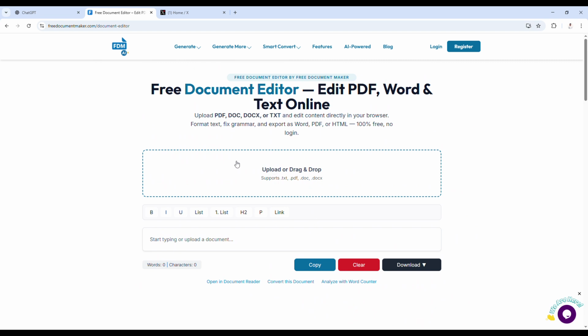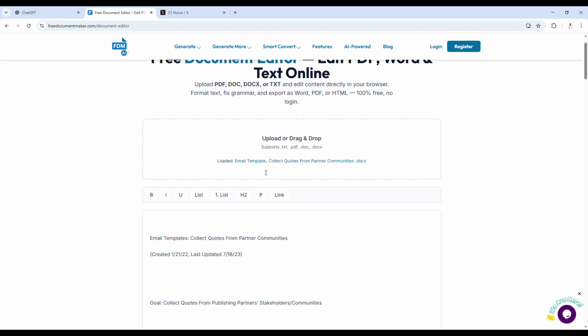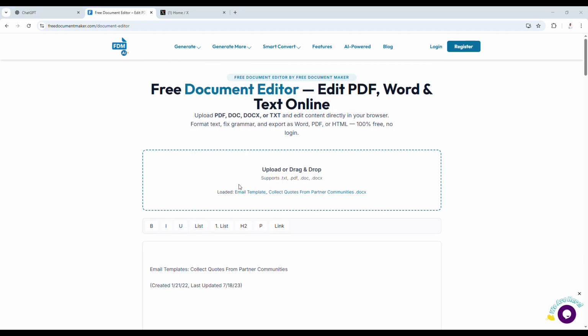The platform emphasizes user privacy by not requiring sign-up or tracking, and it operates entirely within the browser. Ease of use. The tool allows users to generate documents from a text or voice prompt, which the AI then turns into a formatted document. It also provides customizable templates,